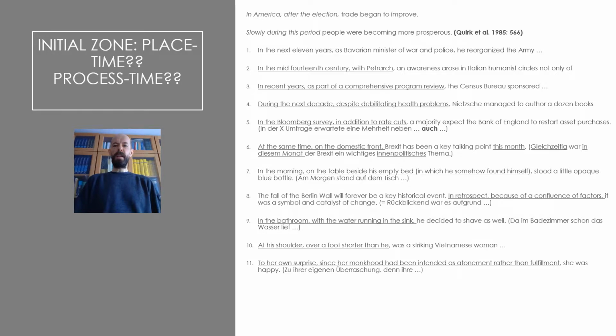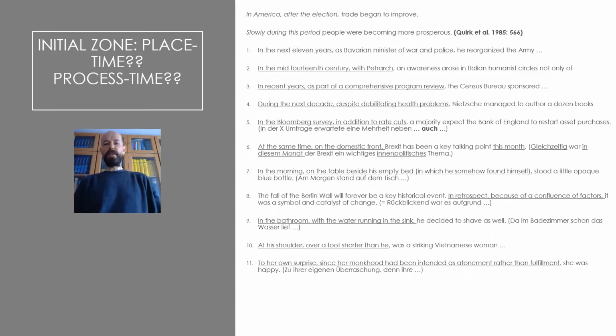Now, in the 1985 Comprehensive Grammar of the English Language, Quirk and others claimed that in the initial zone we have the same kind of order as we've just seen, so place before time and process before time. The examples they give, these are invented examples of course, are as follows. In America, after the election trade began to improve, I think that's perfectly okay though, and slowly during this period people were becoming more prosperous. Also okay, but it's not the commonest order we find in real text. Let's look at a few examples